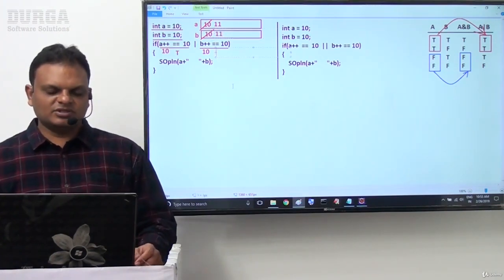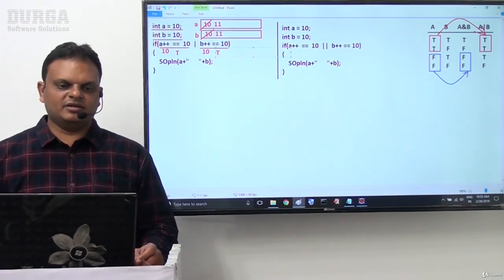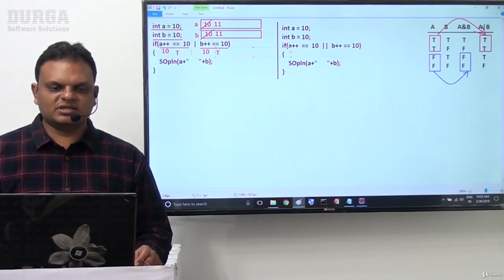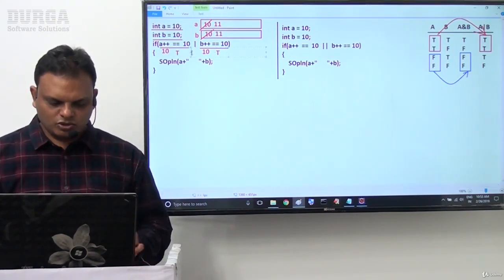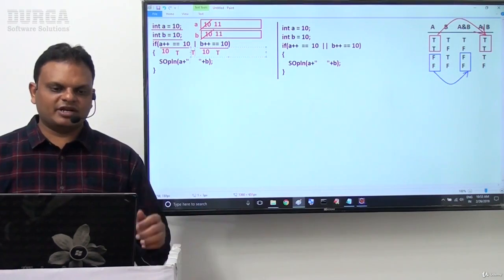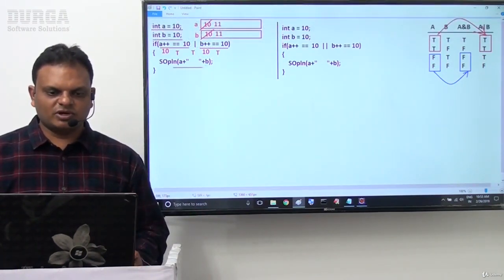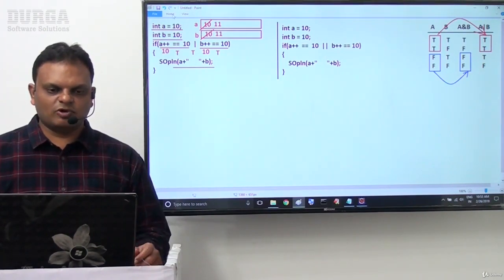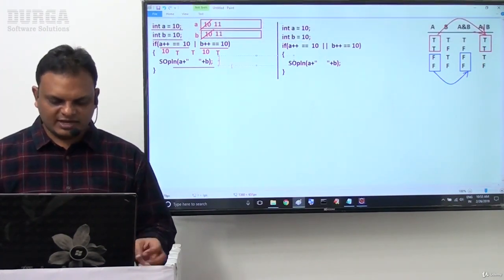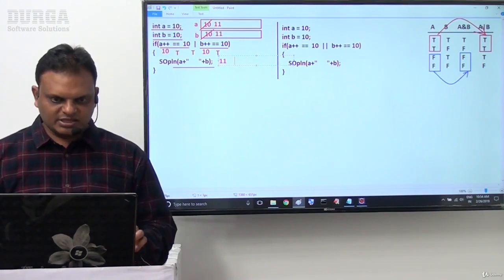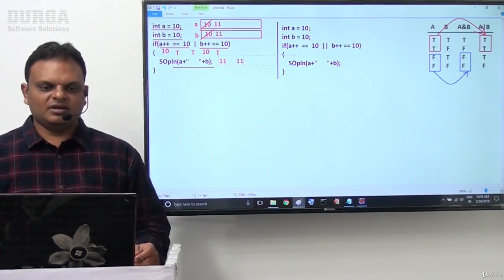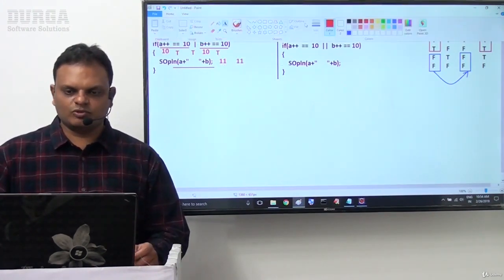Now what is the result of this value here? No, true we are getting there. True or true, what is the resultant? No, the overall result is which one here? No, true only. So if true we are getting there, the body will be executed. This is a body, System.out.println of A space B. Here we are able to get the output like which one? No, 11 space 11 we are getting.